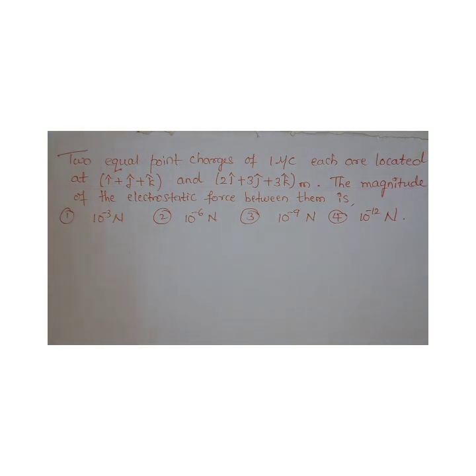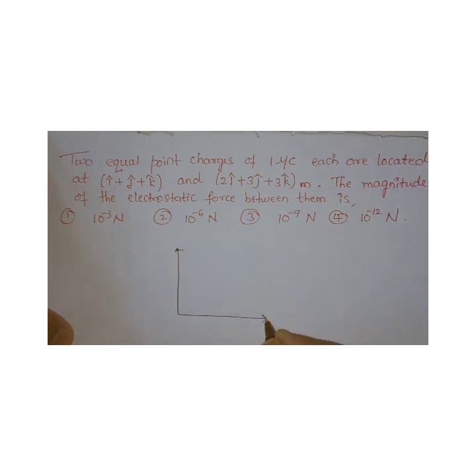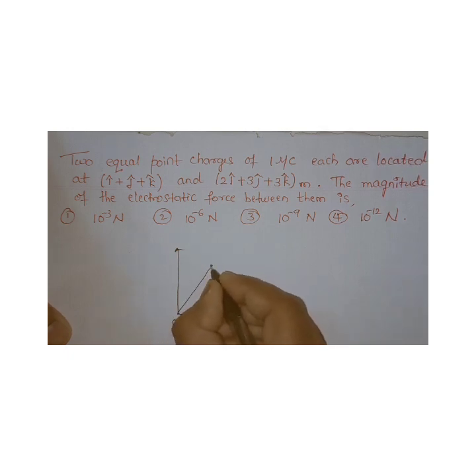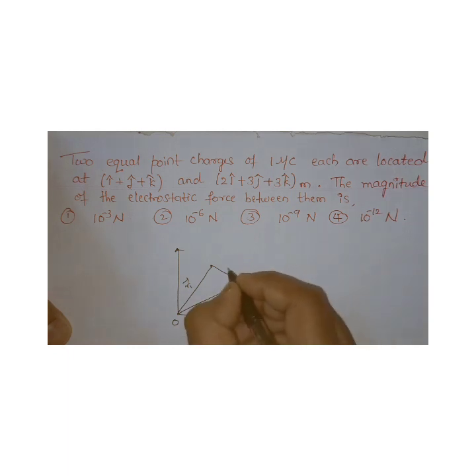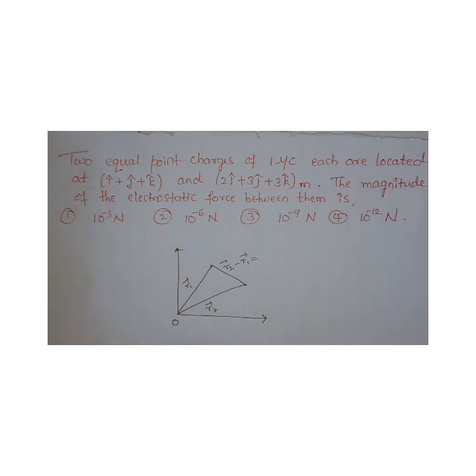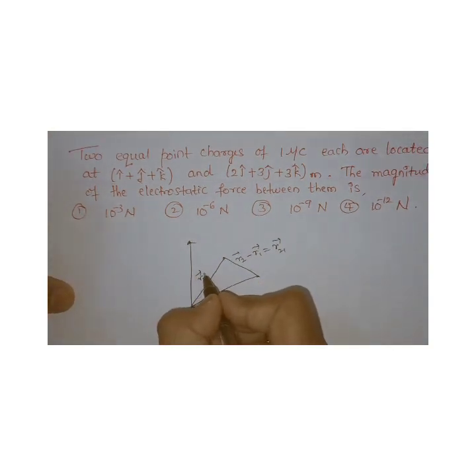So what concept do you have to use over here? See, they have given you the position vectors. I hope you remember Coulomb's law in vector form. Somewhere here it was O. Here you are taking the charges, and this would be your R1 vector. This is our R2 vector, right? So now you are going to find this distance. How are you going to find it? R2 minus R1 vector you are going to do to find R21 or something like that. Isn't it? This was the thing we did.